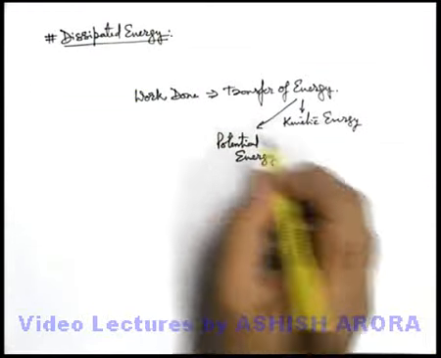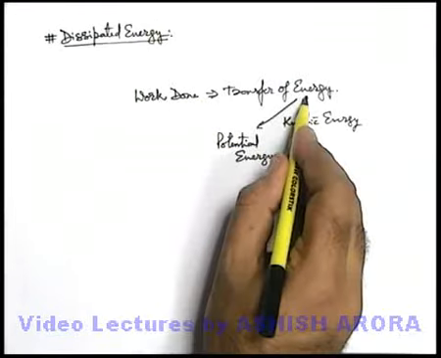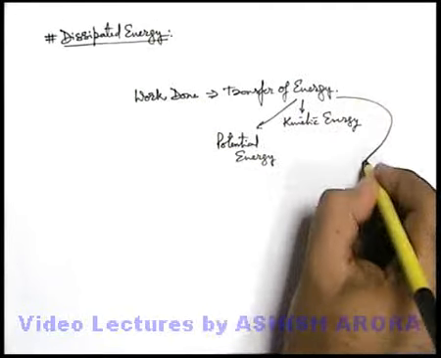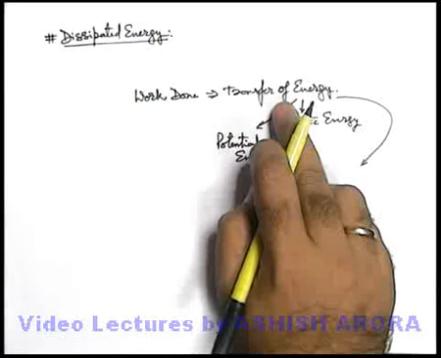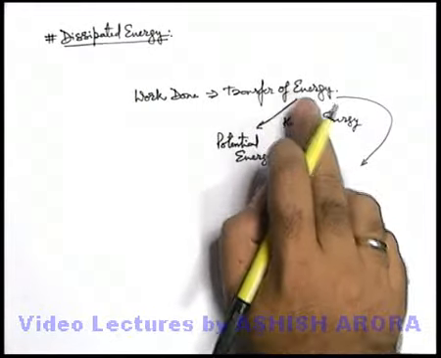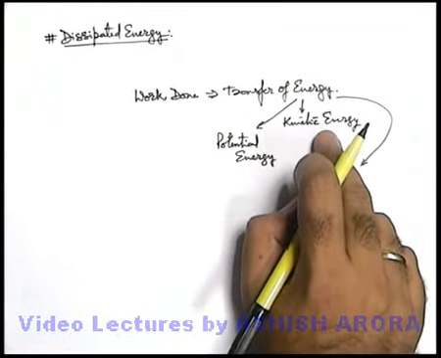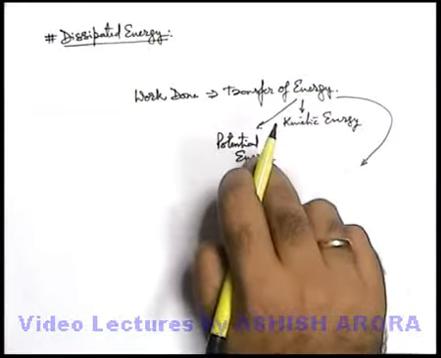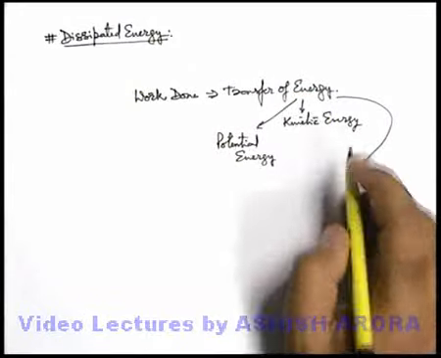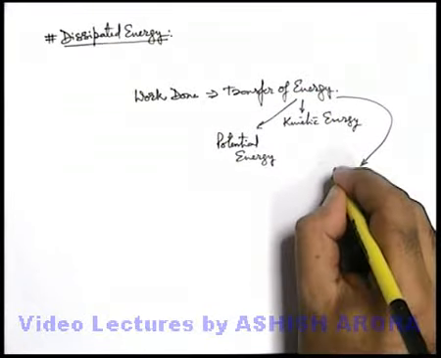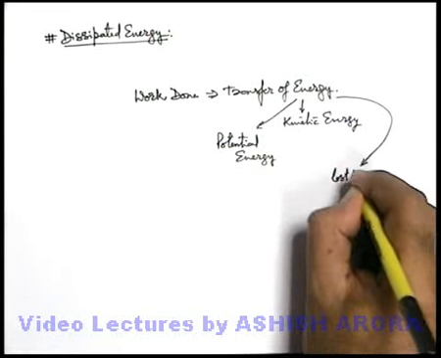And it might be possible when some work is done, energy transfer takes place, but the amount of energy which is being transferred is neither being used in form of kinetic energy nor stored in form of potential energy. That energy, it may be possible that it is lost to surrounding